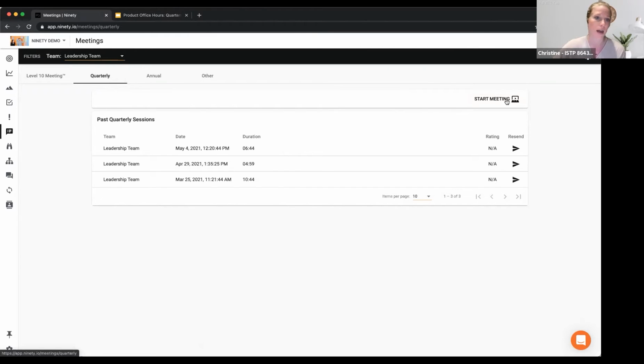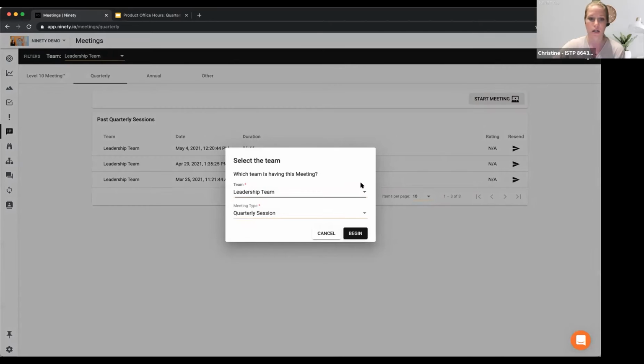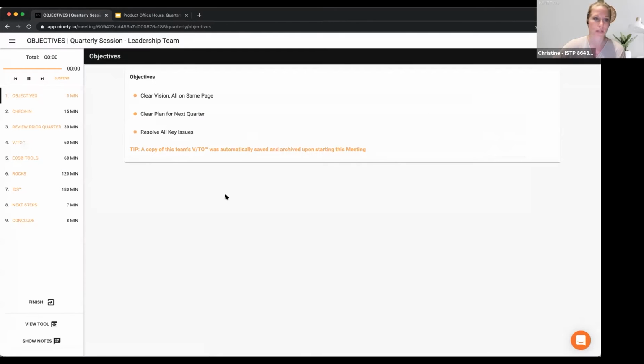It works exactly the same way as a Level 10. So when you come in here, start the meeting up and jump into the session. First area is just your objectives. Everybody takes 5 minutes, looking through what you're going to do for the day, that agenda setting. And then once you get into the check-in, you've got those questions that you want everybody to think through and answer and set the pace for the day. What are you expecting out of the session? And really make sure you're capturing some early issues too.